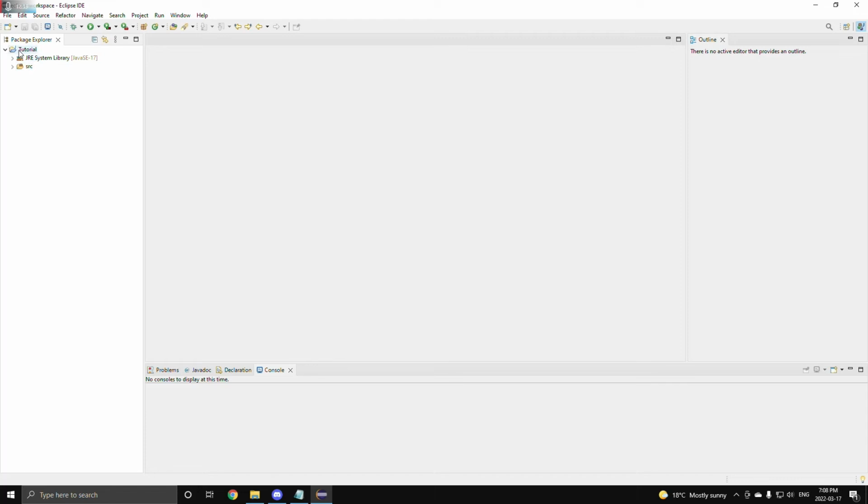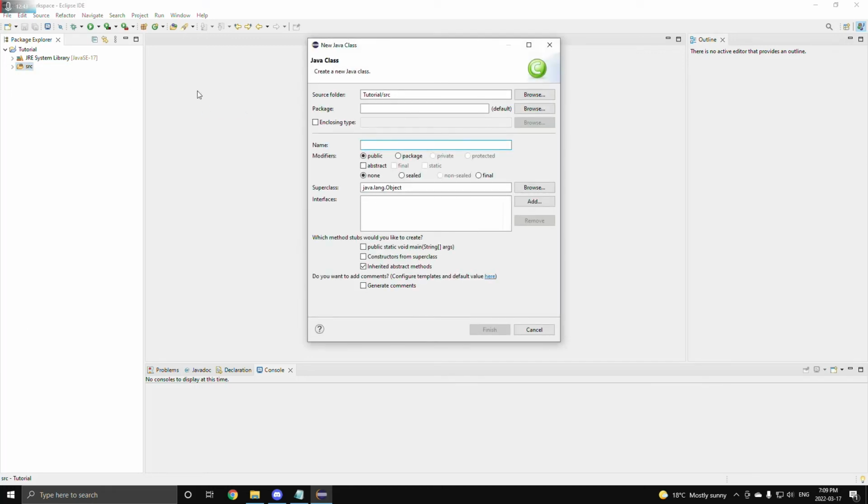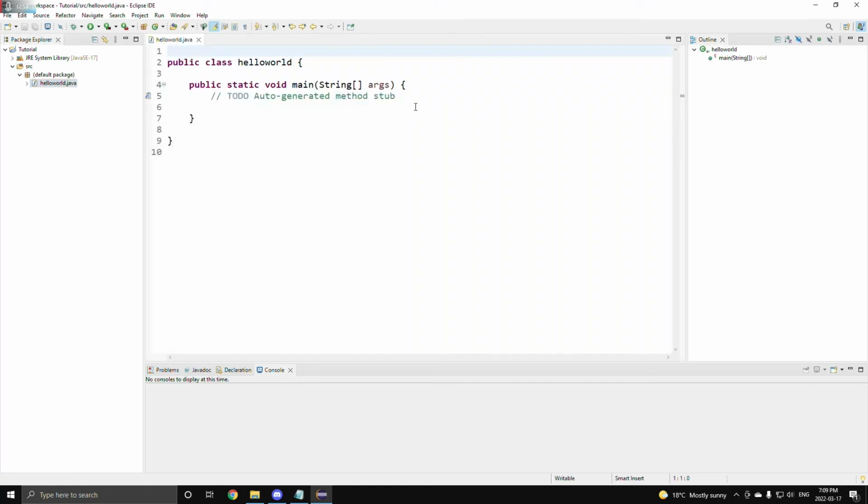So now that we've created our Java project, we're going to want to right click on src. This is going to be our source code folder. Right click on new and press class. Name it HelloWorld, and you're going to want to check mark public static void main and press finish. Now there we go. We have our class HelloWorld. In the next video, I will show you everything that has been written on screen over here and what it means. But for now, we're just going to type in System.out.println